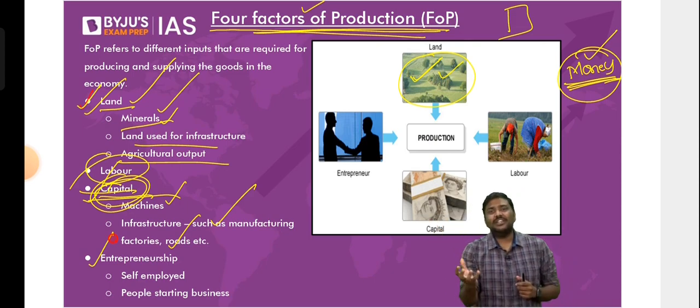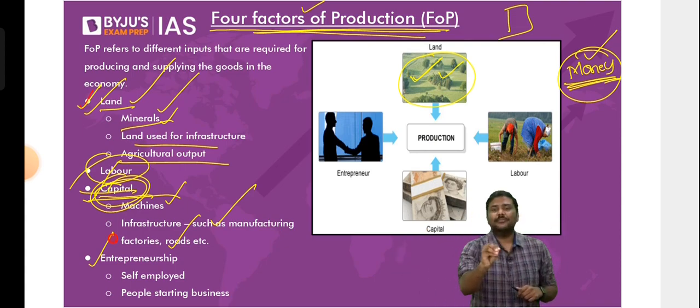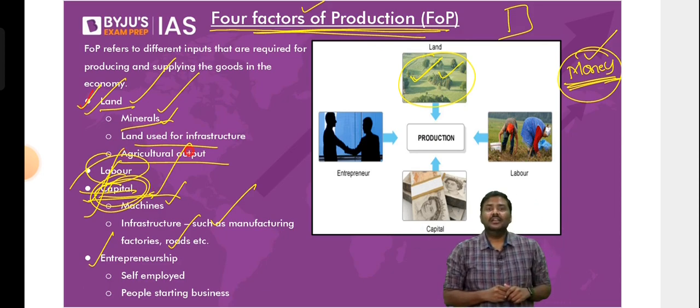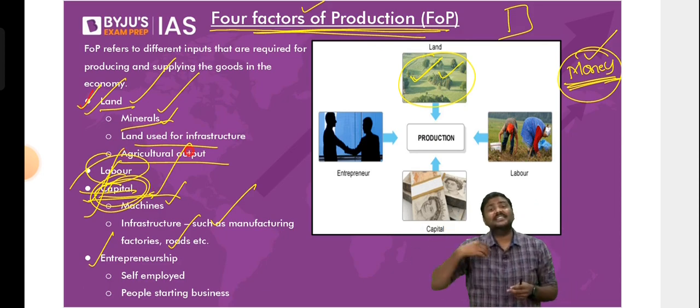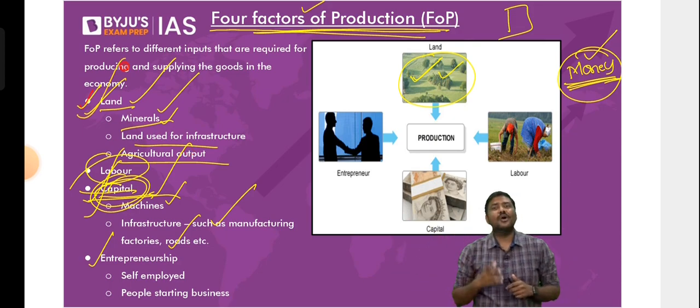And what will you do? Imagine you are a millionaire, you have 1 crore rupees. You will take this 1 crore rupees, invest and set up a new manufacturing facility. So capital is done. Now you'll purchase machineries, capital again. To set it up, you purchase a piece of land, or you take certain office space on rent, come to the land here. And finally, you will hire certain employees, come to the labor.